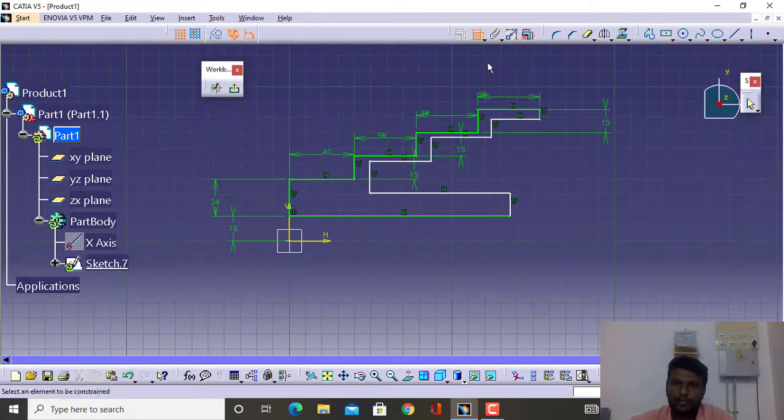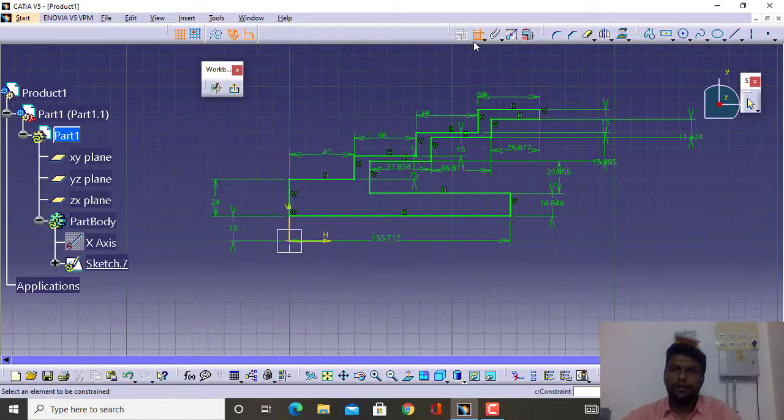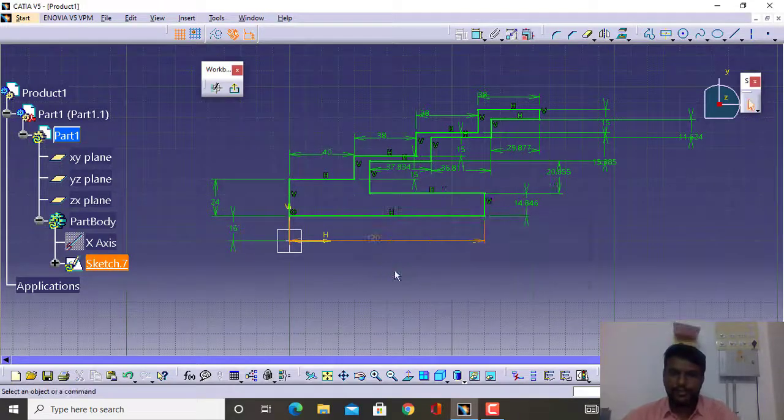Click on this tool, that is called the constraint tool. Give all the other required dimensions, whatever is required, and this one more dimension. There is this one more, and there is one more dimension here. Once you define all the dimensions, the color is going to change. The whole diagram should be in green color. That means it is fully constrained. So once you define all the dimensions, just change the dimensions.